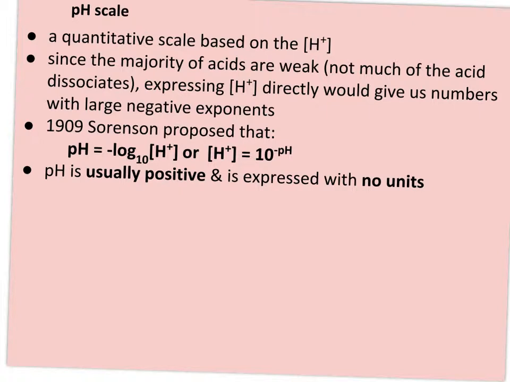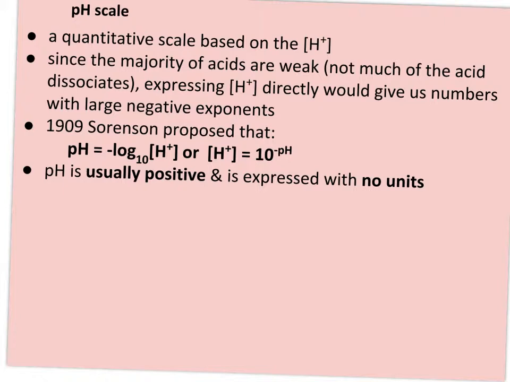And since the majority of acids are weak, that means not much of the acid or the hydrogen actually falls off. If we expressed H plus as its actual concentration in moles per liter, it would give us numbers with large negative exponents. And since that's kind of cumbersome to work with, in 1909, Sorensen came up with the idea that pH instead be the negative log of the hydrogen ion concentration, or in other words, the exponent with the